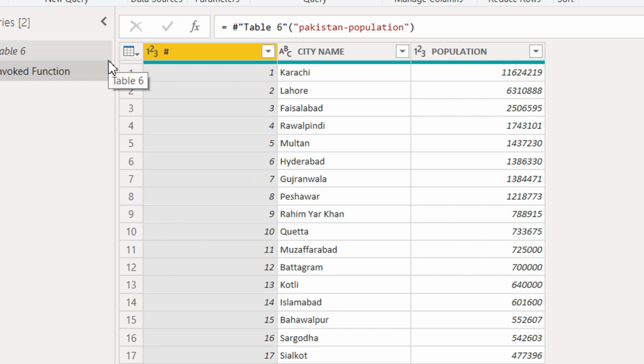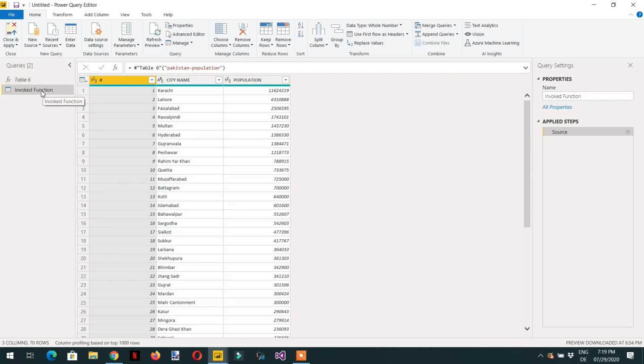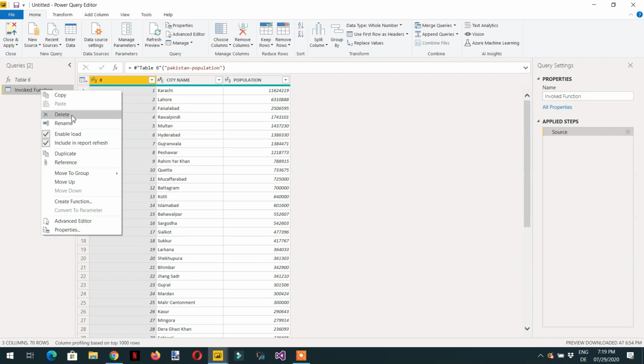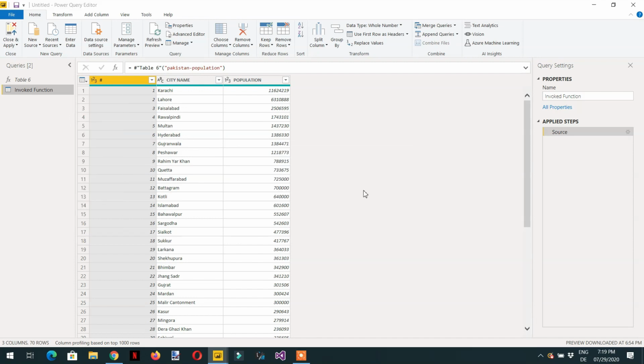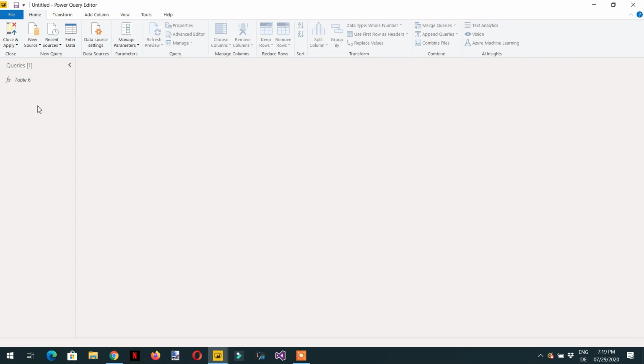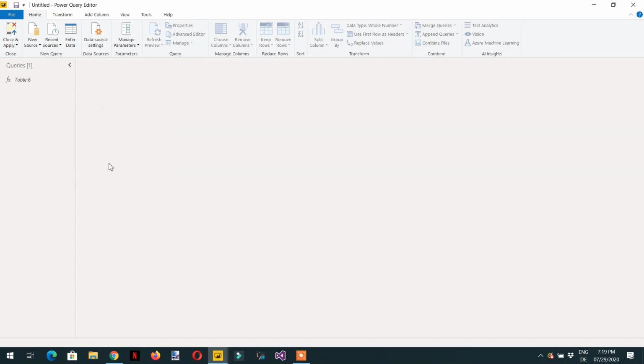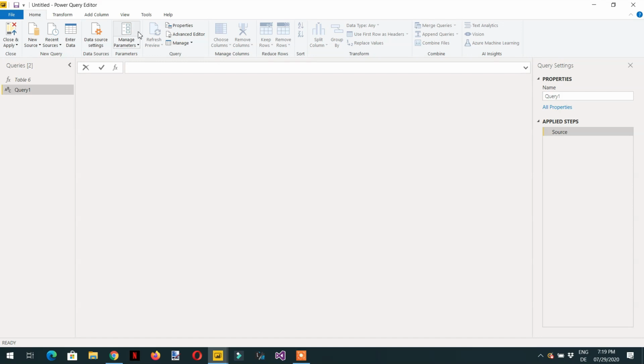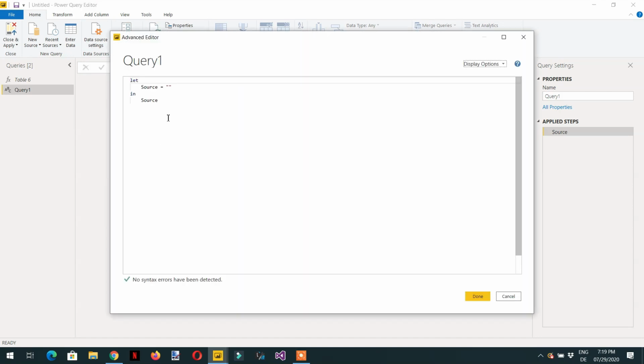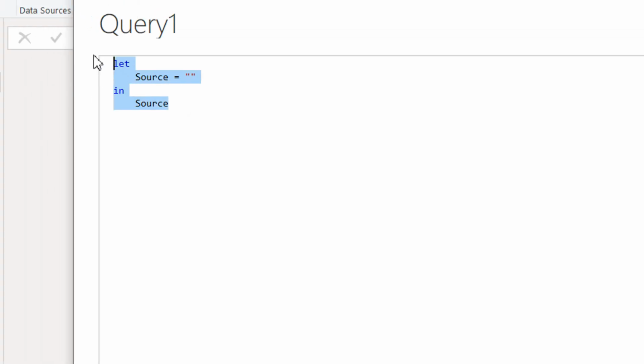We just need to delete this invoke function table and delete it, and we need to write one blank query here, because we don't need to write different countries every time, so we will make a table that will have different countries inside. So we need to write here blank query and go to the advanced editor, and here we have to delete this one,